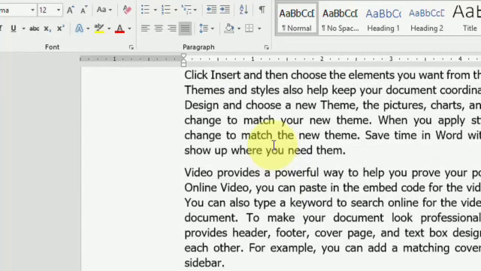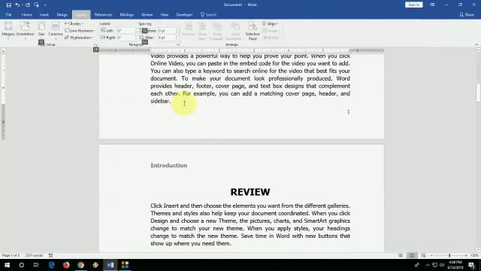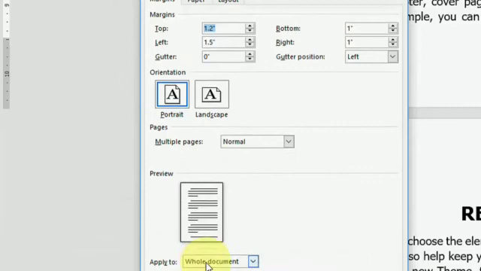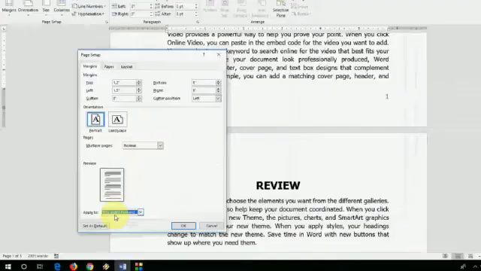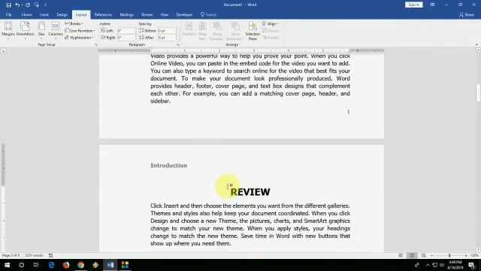Now come to the next thing. See, before doing the footer section, first we set the header starting point. So you will start your header section from page number 1 from the starting, and another thing, this point forward means which one is your current page. Set your direction, set your page, and OK. Now see, and next this is your review page. This page also has a header section.